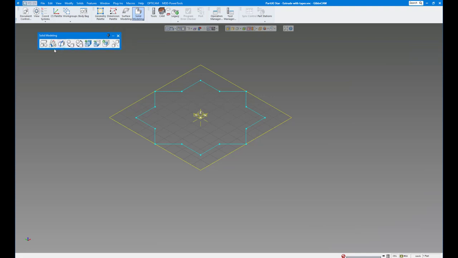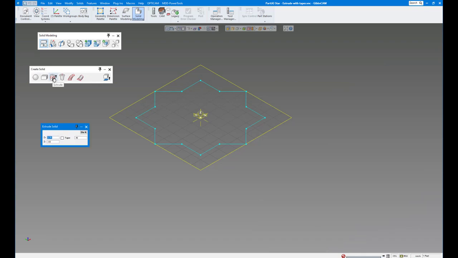Let's go to our solids palette, create solid, and extrude. Now we could always extrude in the Z plus, Z minus, but when you clicked on the taper button in the past, the Z minus disappeared. So now we can actually go both directions. So if we wanted to go 3/4 up in the Z and minus, say, 1 inch there with the 10-degree taper,